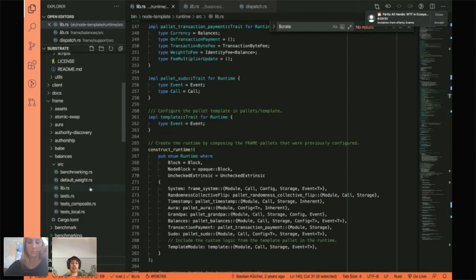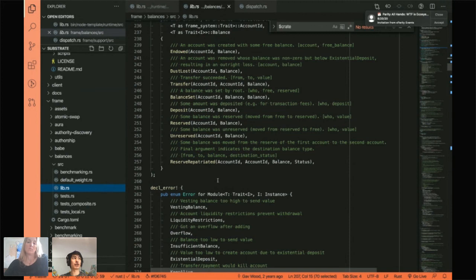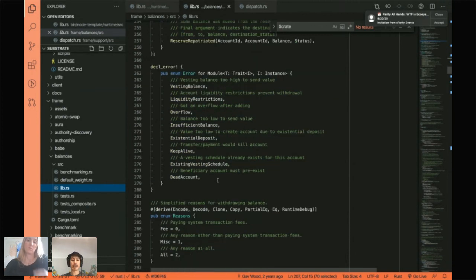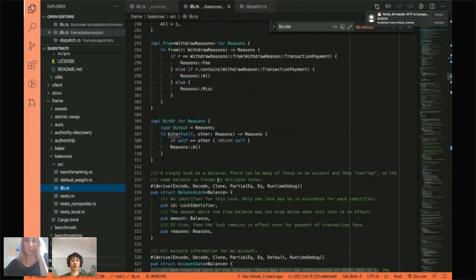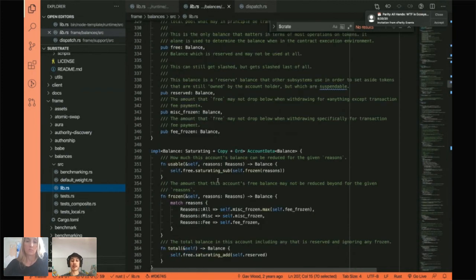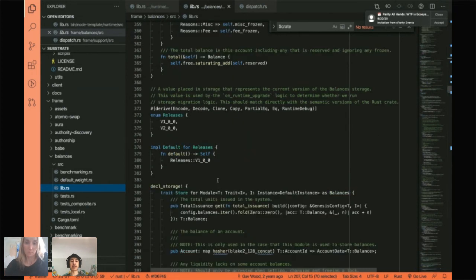Okay, so what you should be familiar with, if you have written your own pallet, is that you have in the pallet a bunch of extrinsics. And these extrinsics obviously can be called by users. And then there's this weight value. This weight value describes the complexity of calling this function to the blockchain. In the case of Substrate, where we have consensus with a fixed block time, what this weight value really represents is how much time it takes to execute this extrinsic function, right?